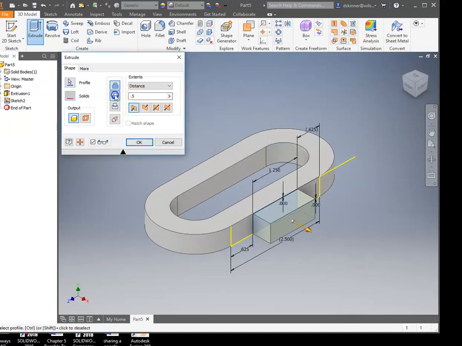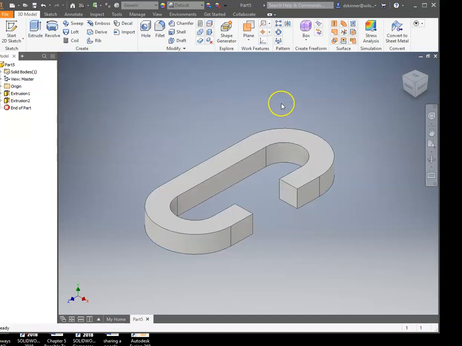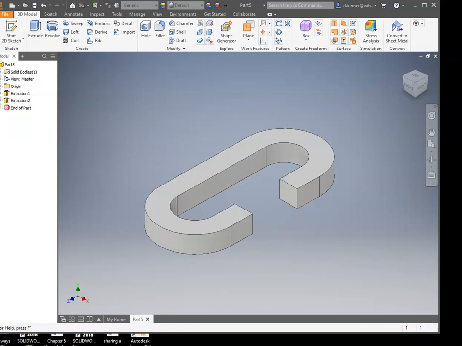be a cut. And this time I'm going to use, instead of distance, I'm going to use to next. And then I'm going to click on this surface to let it know. Left click on that so it'll turn blue. And then click on that surface and click OK. So you can see that did a cutout, and the only thing we're missing is the part that